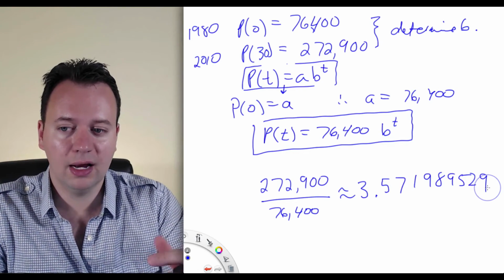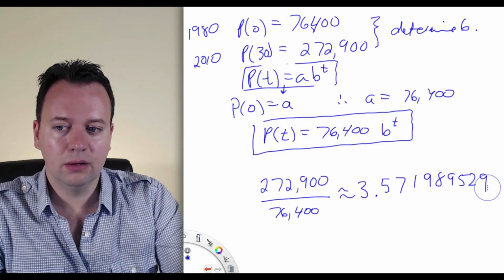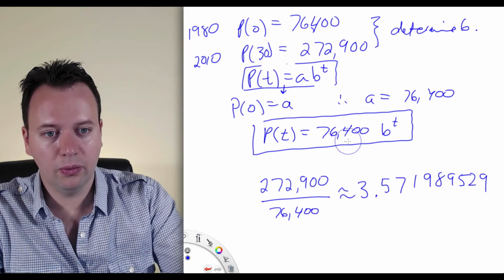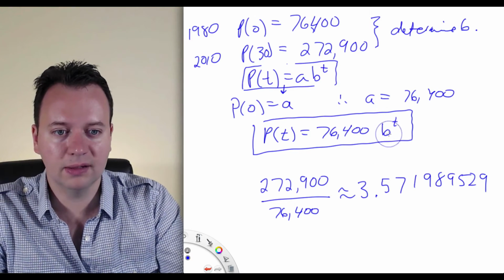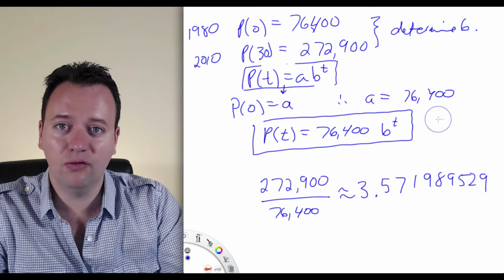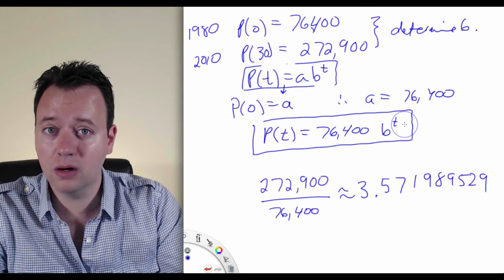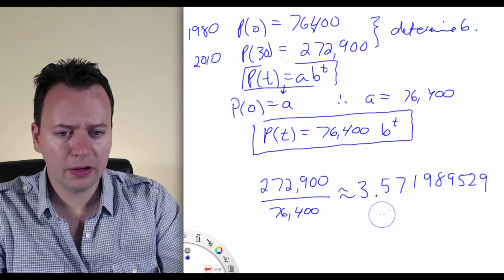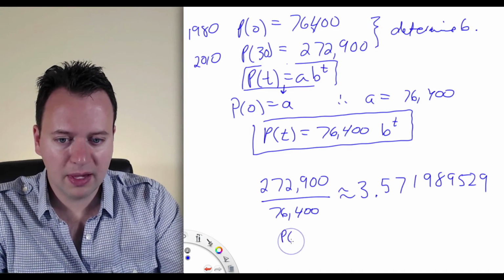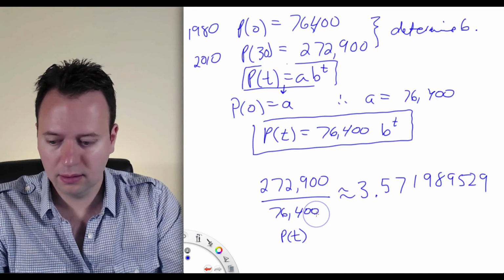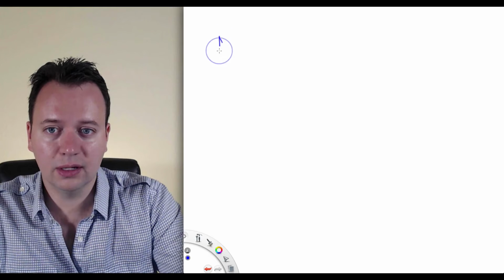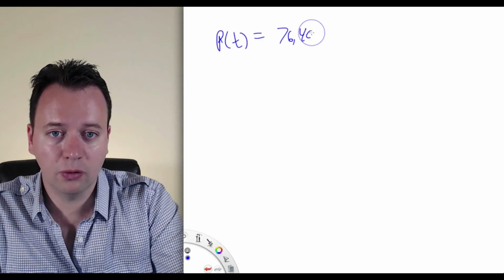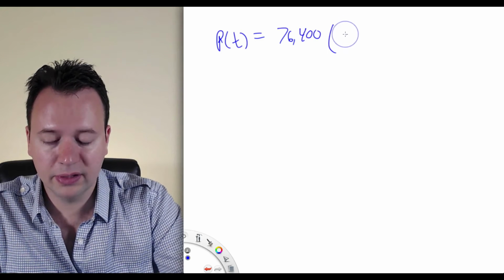So we want to kind of dial this guy down by 30 years. So we don't want to use this as b, because this would be b if 1 unit of time was 30 years. But instead, 1 unit of time is 1 year. So to account for that, we'll say P of t, let me just do a new one. So we'll say that P of t is $76,400, and then times this number,